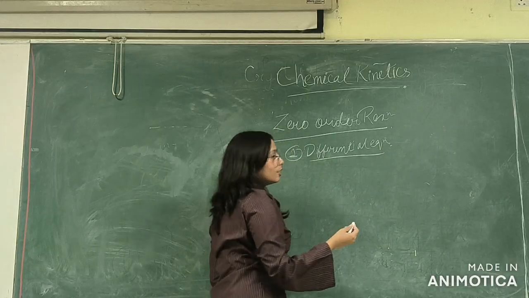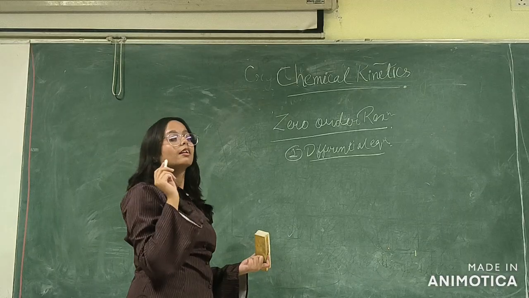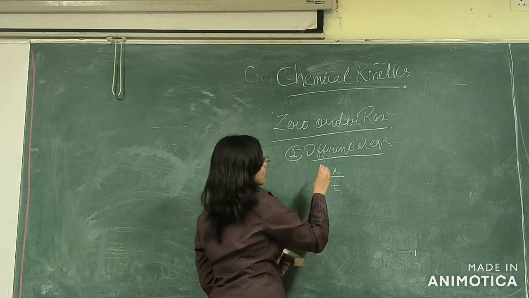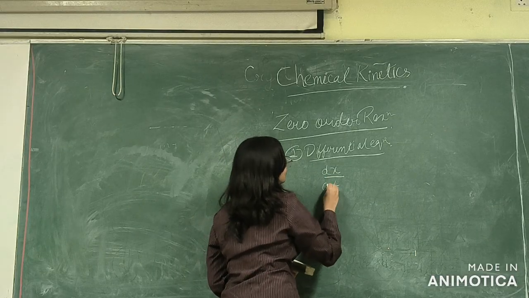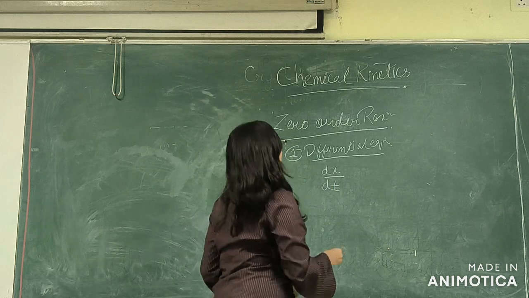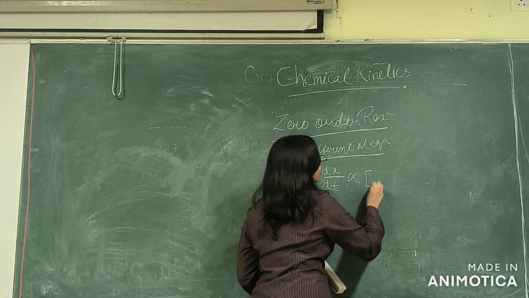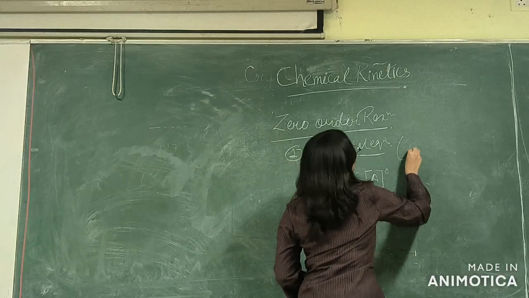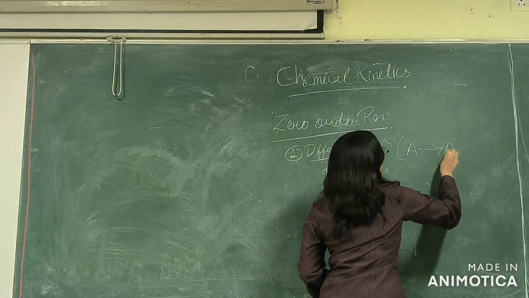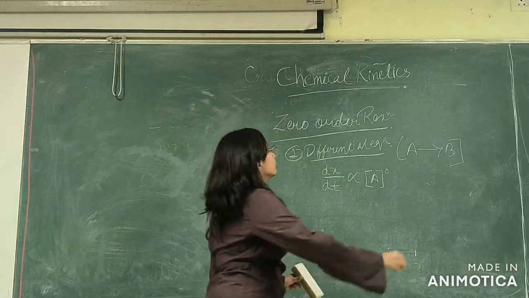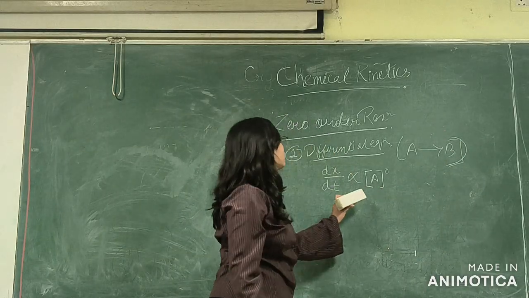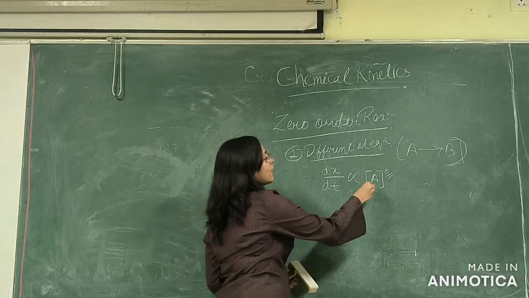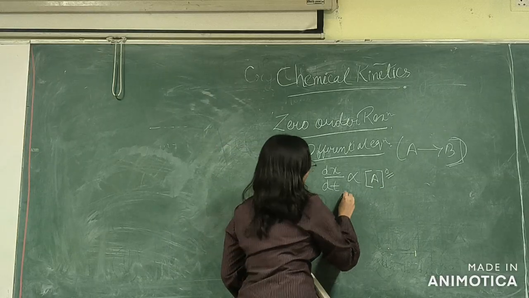For the differential equation, what I said firstly is dx by dt. What is it? It is the rate. So in the differential equation, we will just take the differentiation of this. It is directly proportional to the concentration of A to the power 0, for the reaction A to B, where A is the reactant. It is 0 because it is a zero order reaction. We know that anything to the power 0 is a constant. Therefore dx by dt